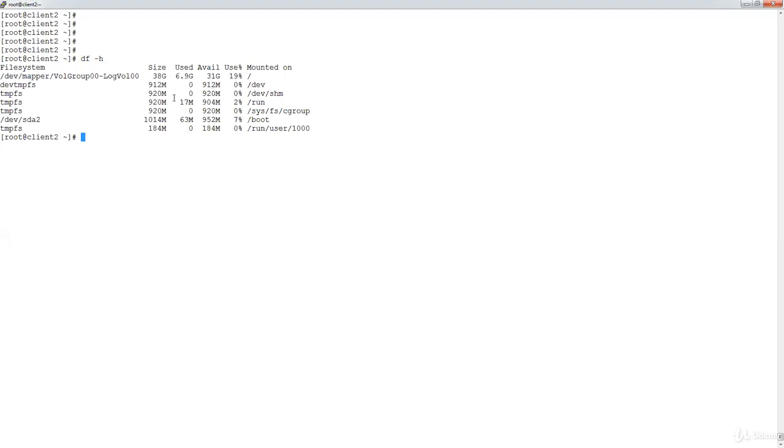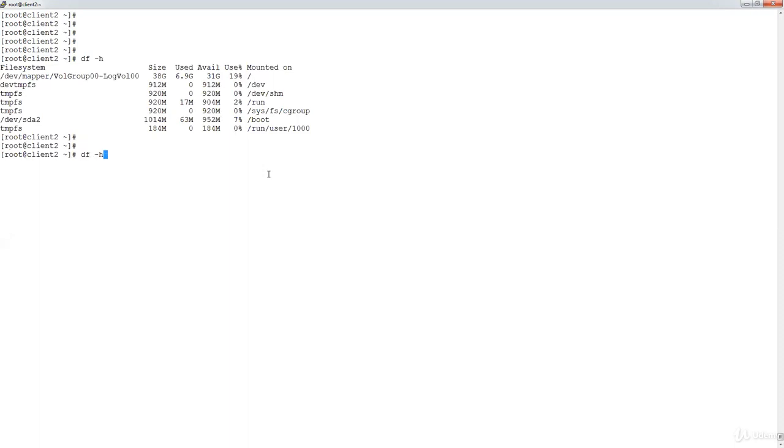So the used one is showing here. Out of 38 GB, only 6.9 GB is used, and almost 31 GB is free. All right, let's say, for example, you have only 1 GB free. In that situation, definitely we have to make sure to clean my file system, right? As of now, you can see here not many devices are mounted, but / is mounted and /boot is mounted, and the rest of the things are temporary file systems.